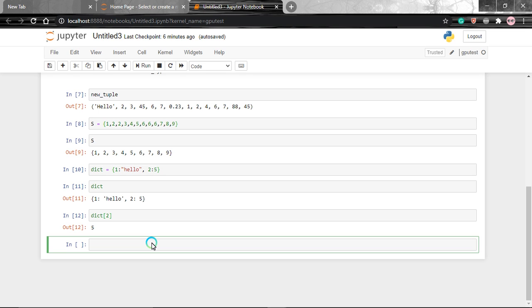So first let me tell you why functions are necessary in programming. Functions are necessary because let's say there is some specific task. Let's say you want to square a number several times in your code. If you do not use a function, you have to write the code for squaring a number multiple times, which makes your code quite messy.